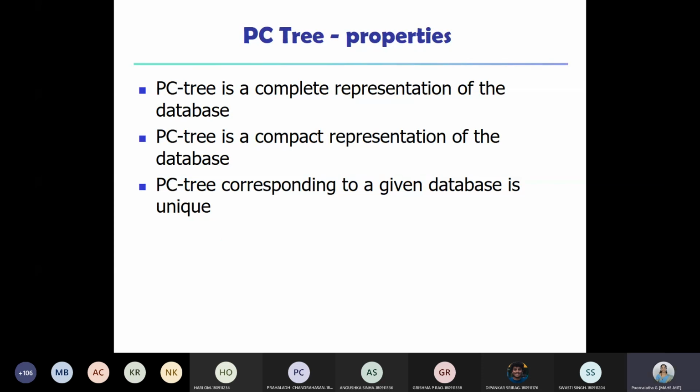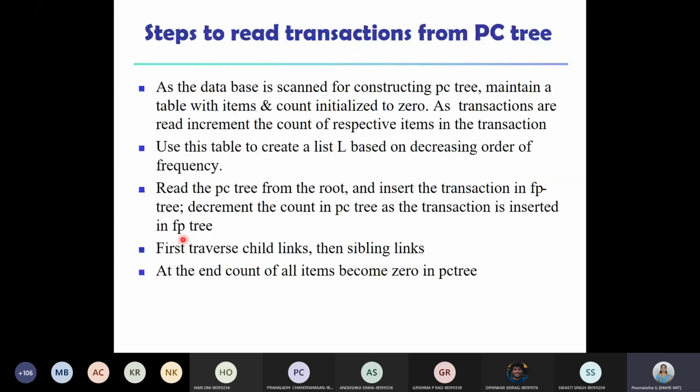Then, what is our aim? Our final aim is to get all the frequent patterns, all the frequent items of different sizes, isn't it? So the PC tree is an improvisation upon the FP tree, in that it is scanning the database only once. Once we construct the PC tree, from the PC tree we read back our transactions.